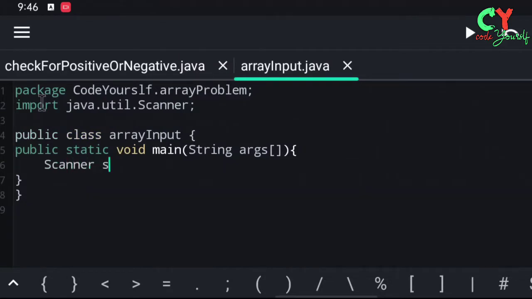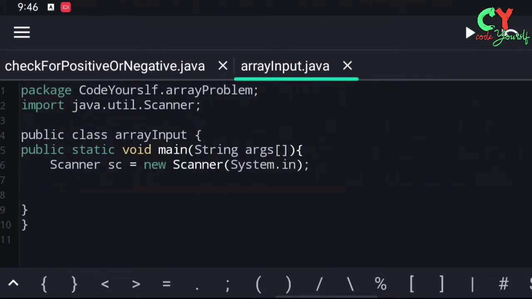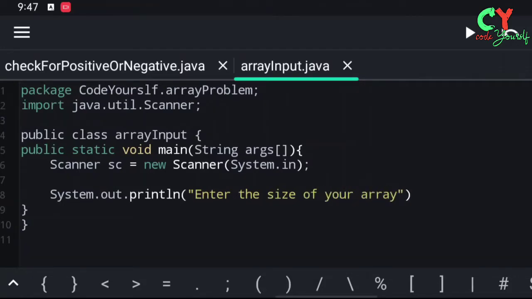Now I will create an object of the scanner class. By using the object we can receive user input in Java. I will create an object which is sc. Here the name of the object is sc. Now I will ask the user to give the size of the array. When I was discussing the logic part, I manually took the size of the array as 7, but here I will ask the user to enter the size of the array, so that the user can enter his own size. The size will be integer type. I will create a variable and store it.